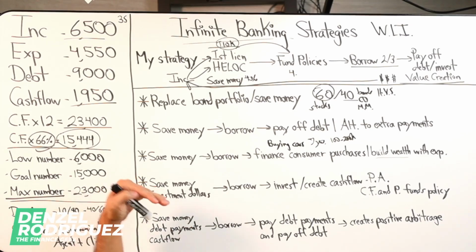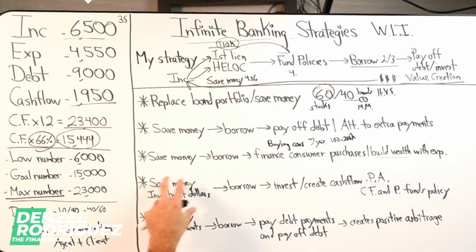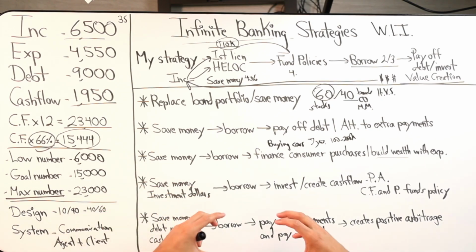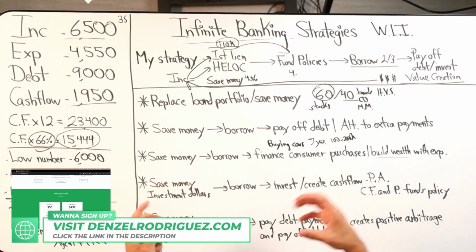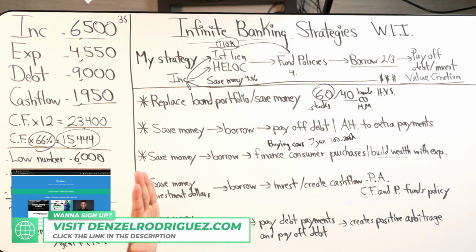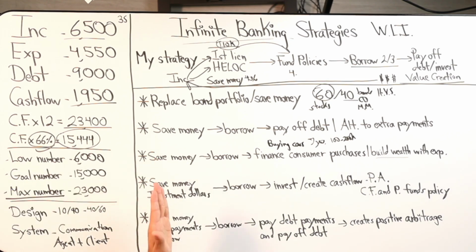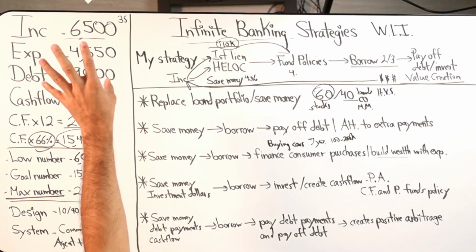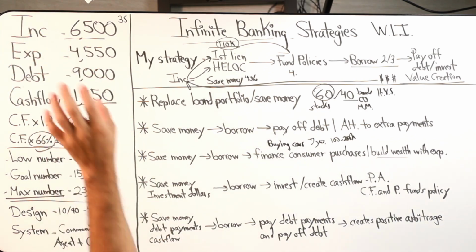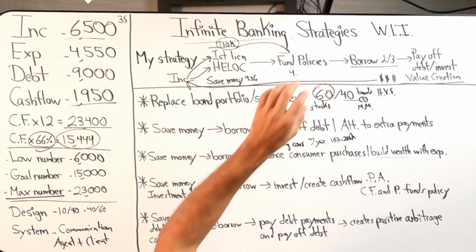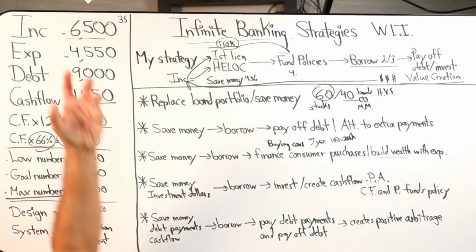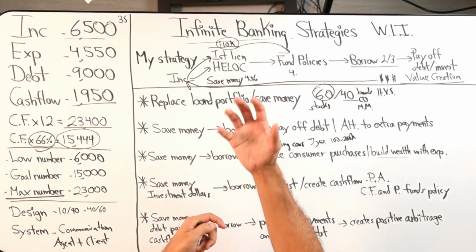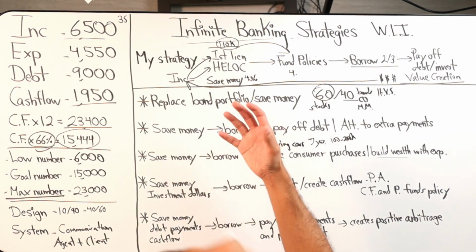The next one is, and I do like this one. This one I do like. Even though it's more complicated, it's very duplicatable, it's implementable, right? I believe in it. So it's this idea of saving money and also investment dollars, meaning dollars that you're planning on investing somewhere, say the stock market, say real estate, say Bitcoin, whatever it is that you want to invest your cash flow in, that's a certain dollar amount. And then you have money that you save that you're not investing with.